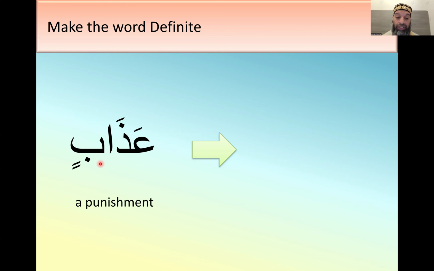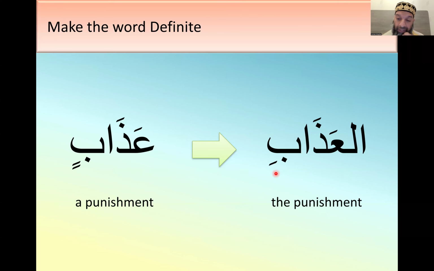Adhabin. Stick an alif lam on there and make it "the punishment". How are you going to say it? It becomes al-adhabi. Al-adhabi. So we get a question: how do you know when to pronounce the alif lam like